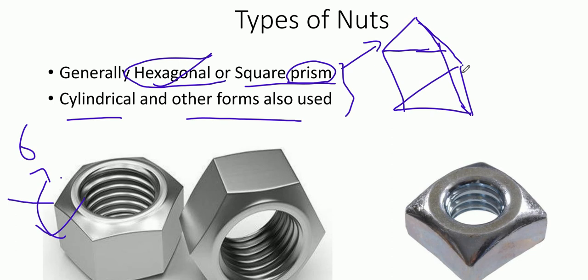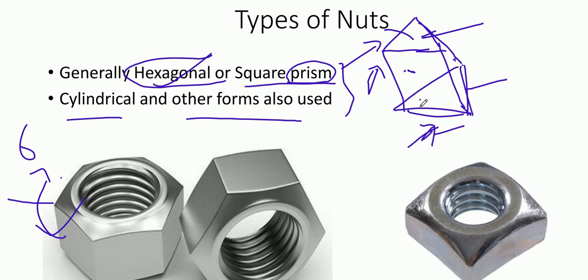So it has a lower, you can say bottom, and a top. These are two parallel surfaces or faces. We call them end faces, and these are the side faces, three side faces. This side, and this side. Three side faces, and top and bottom two end faces. So based on the end faces, we classify the prism. This one is a triangular prism.